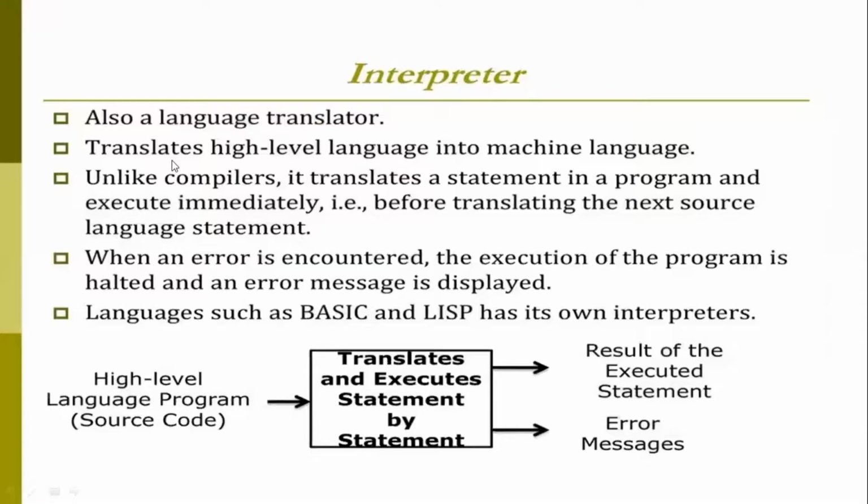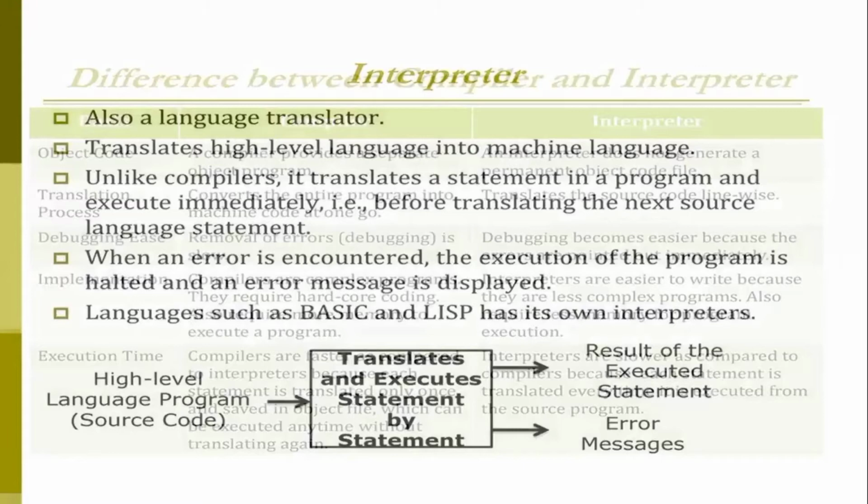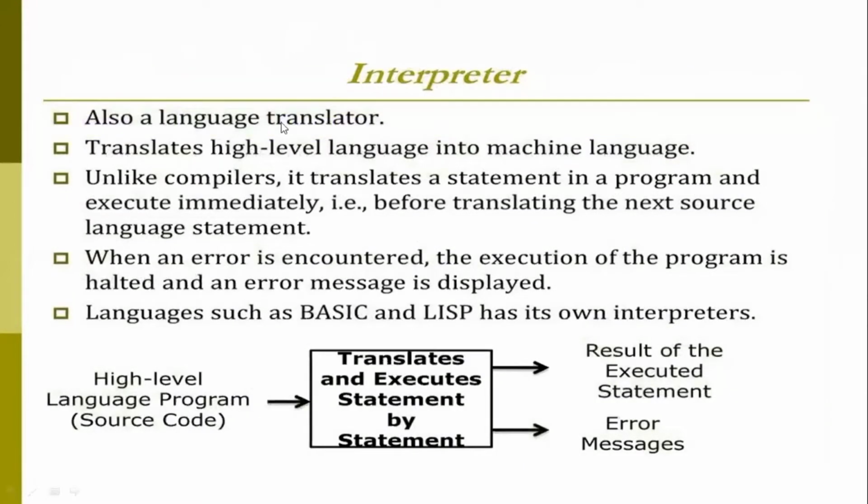Okay, so an interpreter basically translates a statement in a program one by one. But it executes that line immediately before translating the next source statement. It goes to the first line of code first, it will execute that line, and then goes to the